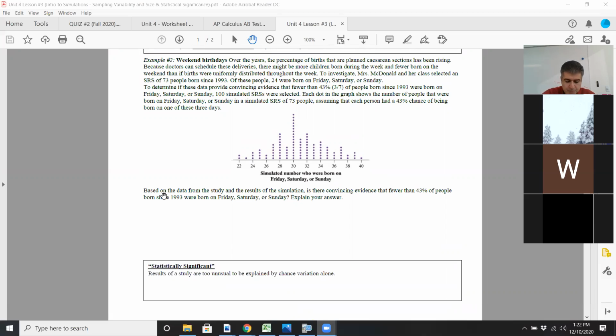Let's look at example 2 now. Weekend birthdays. So I'll read this out loud. Over the years, the percentage of births that are planned cesarean sections has been rising. Okay, so they call it C-section for short. Usually that's because of